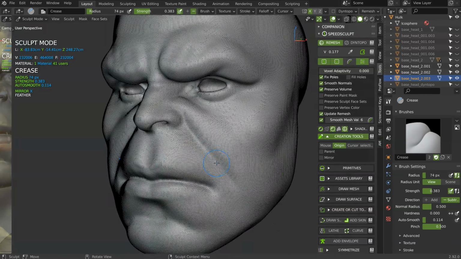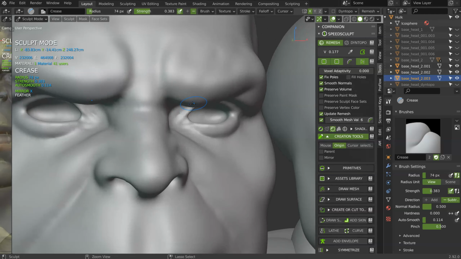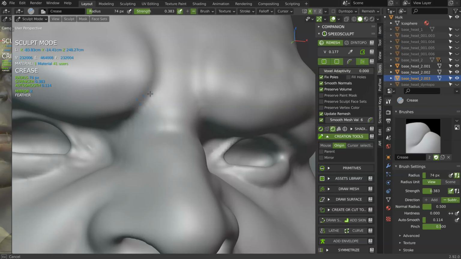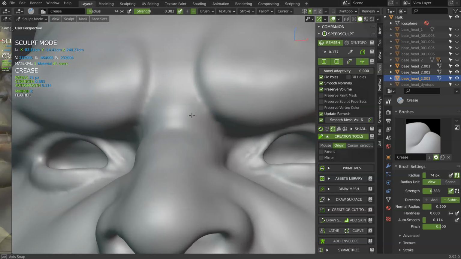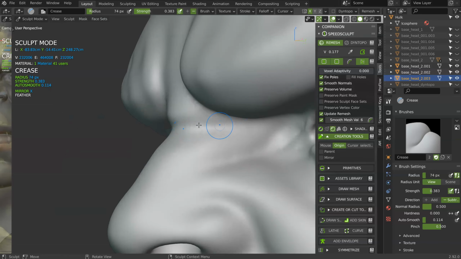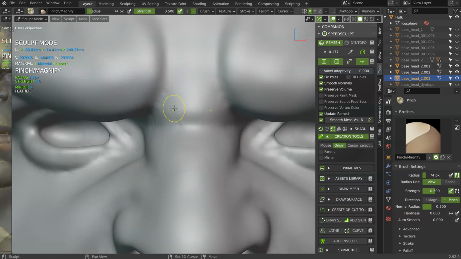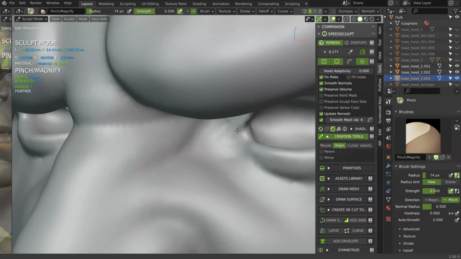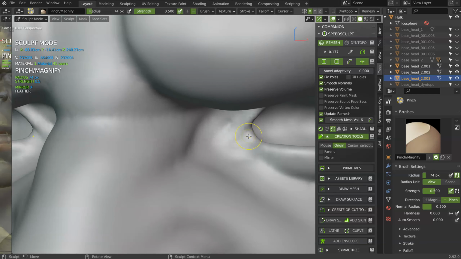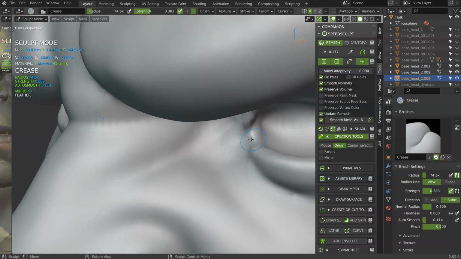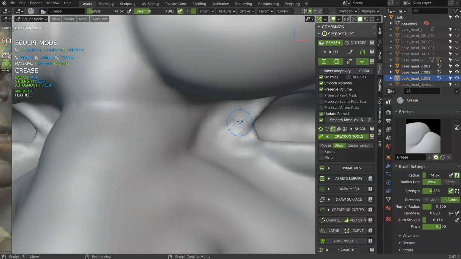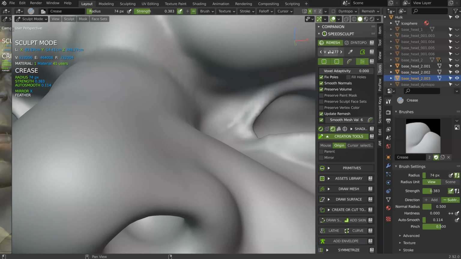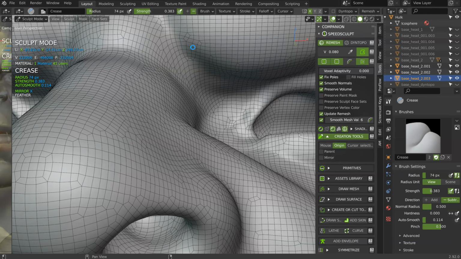But let's decrease this. You will have something better in terms of shading. You can use some brush like the pinch. You can smooth it. And if it's not okay again, you can continue and decrease the size of the remesh. So right now we are at 1, let's enter 0.8. Validate.